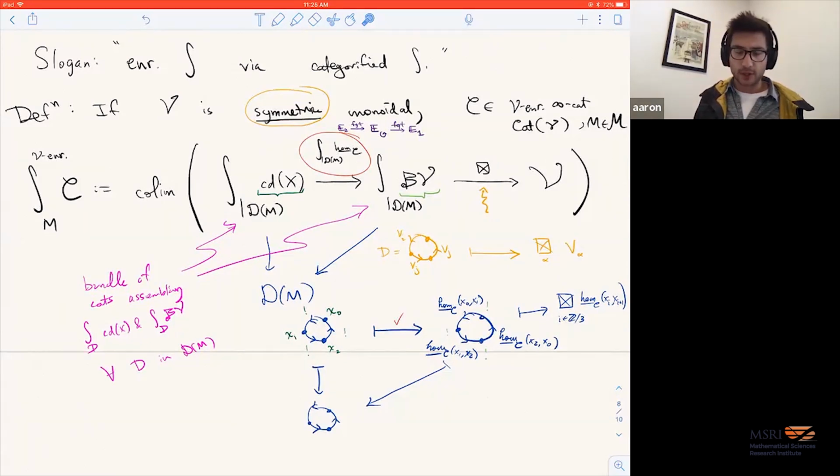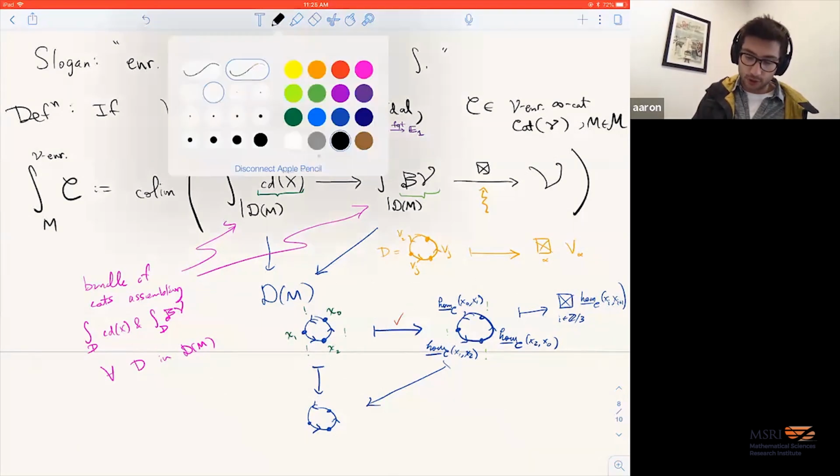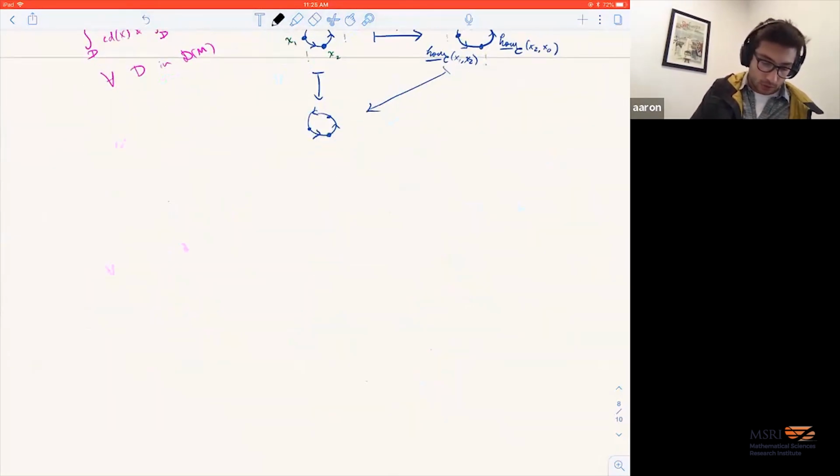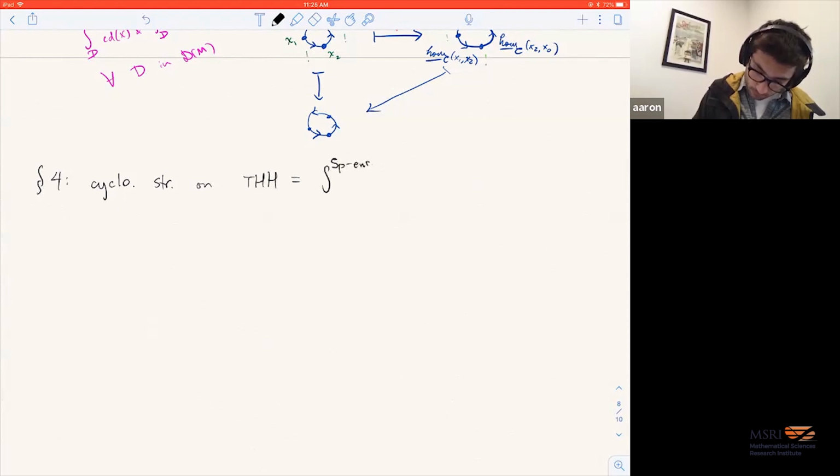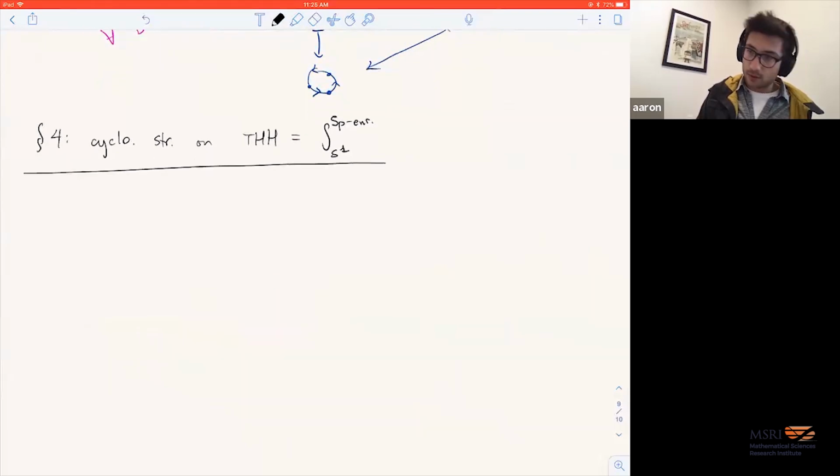Okay, so I guess in the last few minutes, I'll describe what's going on with this cyclotomic structure in the spectral case. Unless there are any questions. Okay, so